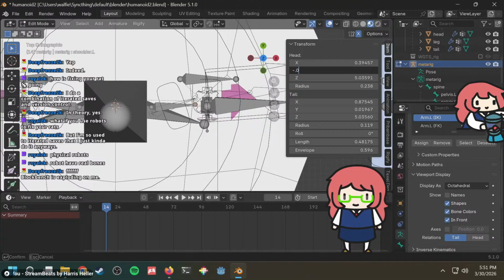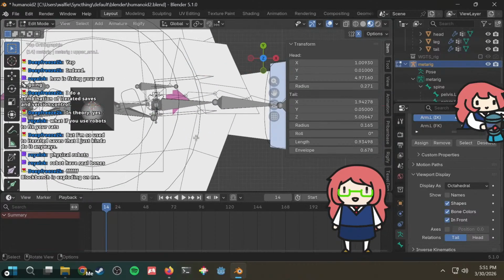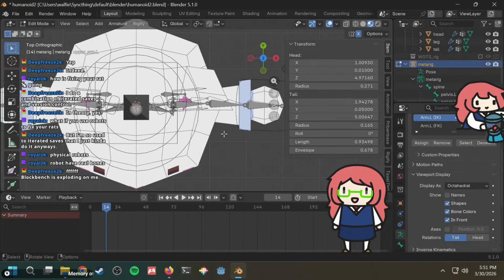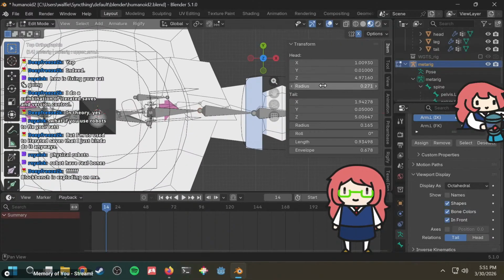negative 0.01 perhaps. Block bench. So true. Okay, in the tutorials I've seen, you want the bones to be slightly bent so that it knows which way to bend the arm. I would hope this is slight enough, or maybe this is too slight. Maybe it's got to be 0.2 or something. Maybe this is like 0.1